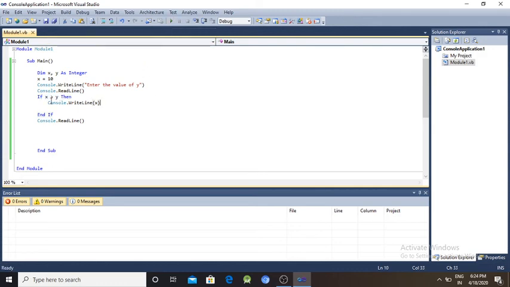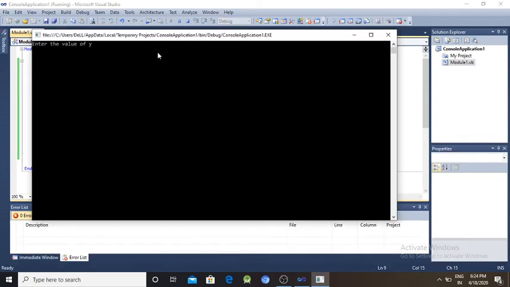Suppose here we use x less than y, and you execute again and enter the value 5.